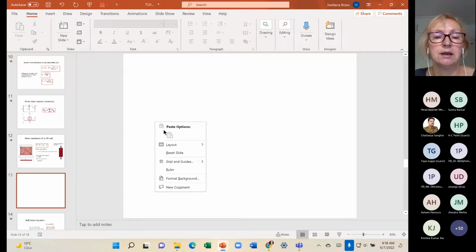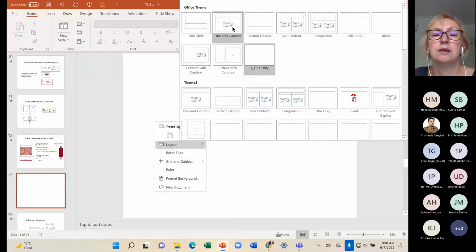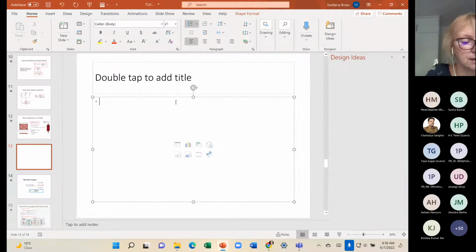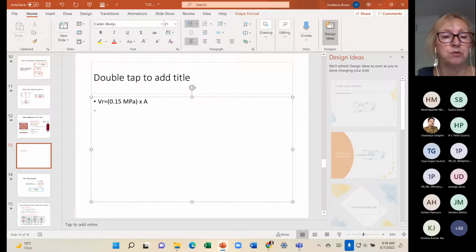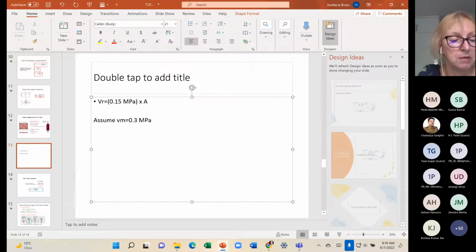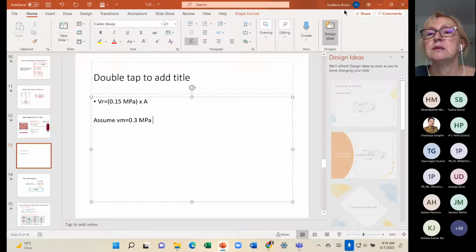So, and then I can create a layout like this. So here we can say that our VR, maybe you can annotate on your own lectures, is equal to approximately 0.15 MPa times area. Why 0.15? We said that we assume that Vm is equal to 0.3. We were saying 0.3 MPa, and gamma for masonry is equal to